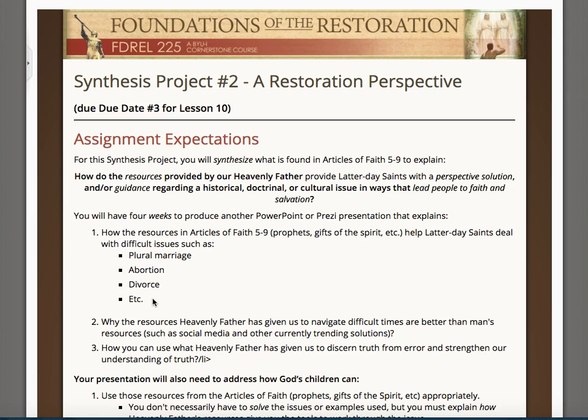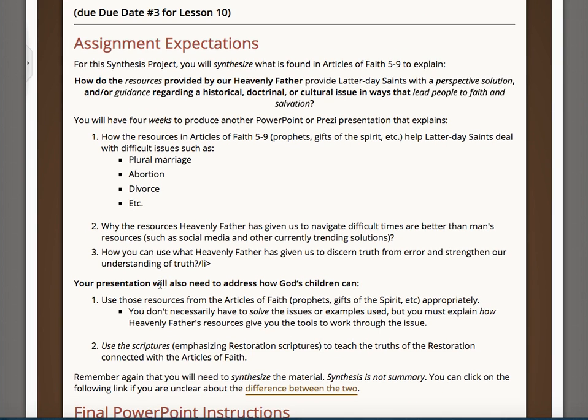There are going to be issues in this life that are not going to be solved. We're going to have to go in on faith and what we feel by the Spirit. So what are we taught in these articles of faith to help us with these types of issues? You might want to pick something like that to work your way through.